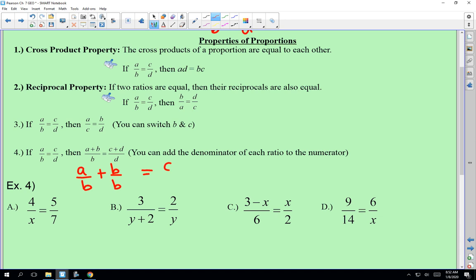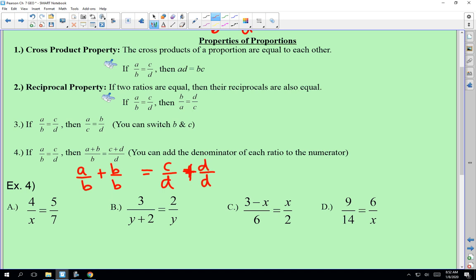And I'm saying C over D is equal to C over D plus D over D. So what I'm actually doing here, if I kind of break it into two fractions, is all I'm adding to A over B is 1, right? B over B is equal to 1. You with me? And then on the right-hand side, what I'm actually adding to C over D